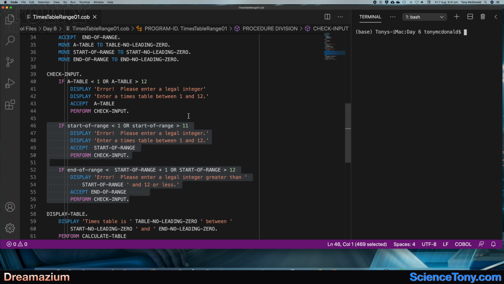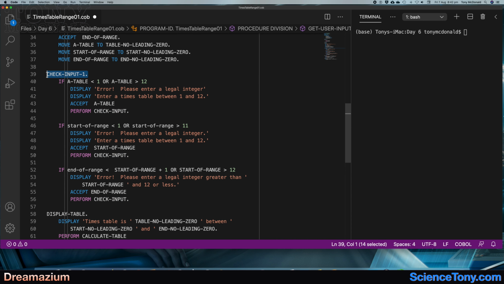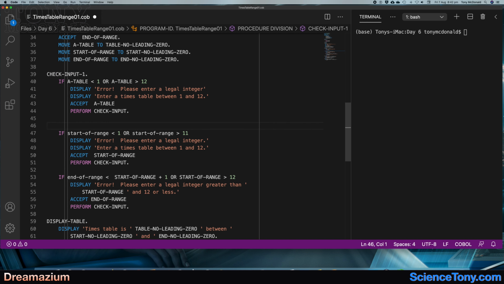I think we just have to give them different names, and I think that would be the easiest thing to do. So we do check input 1, and then check input 2, and we're going to have to change that down here too,